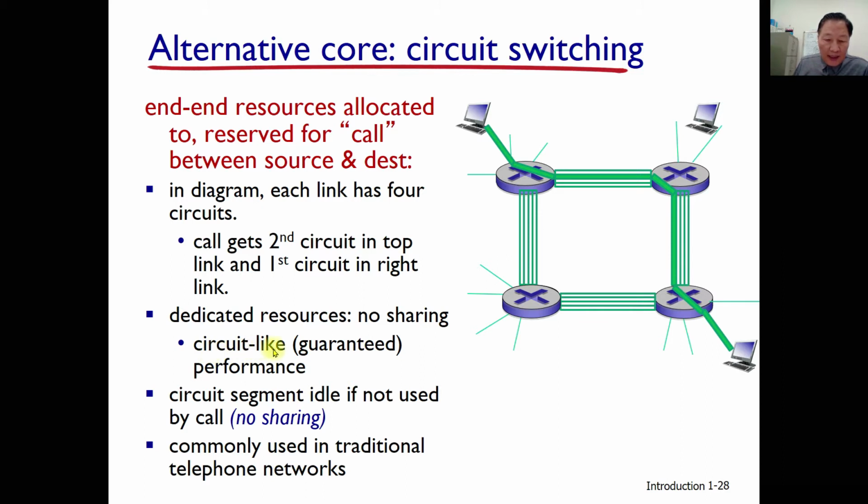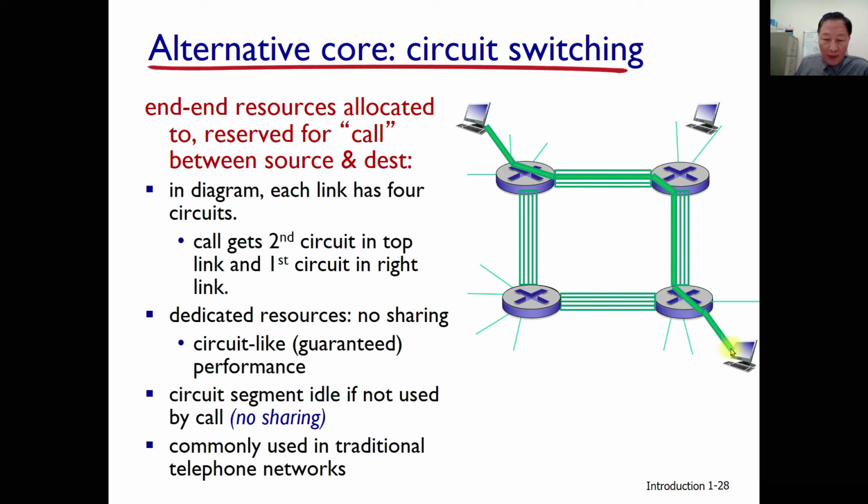And this one is circuit-like. If we are using circuit switching, then that resource is already reserved, thus the performance is guaranteed. Like our railroad transmission, if we are comparing it to the car in the expressway, then railroad traffic will be more guaranteed, right, in terms of the performance in the total